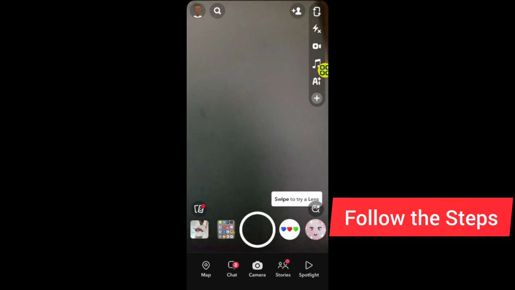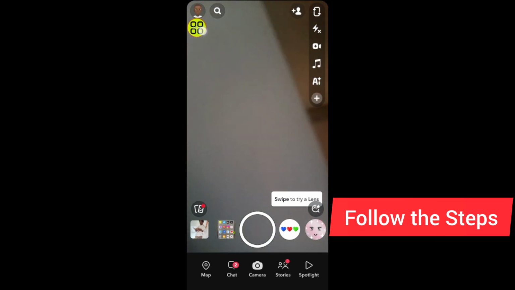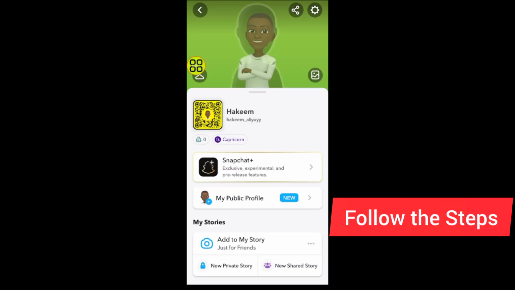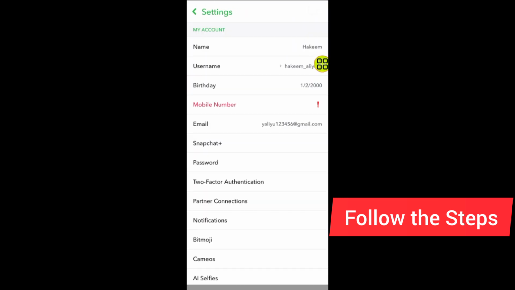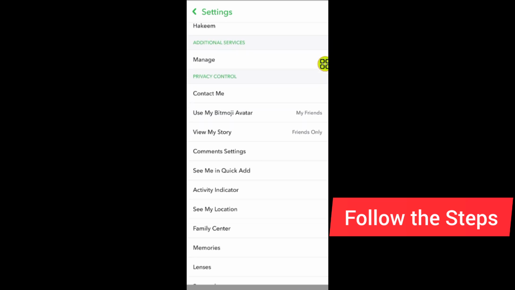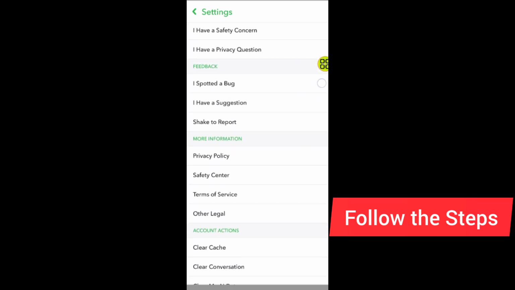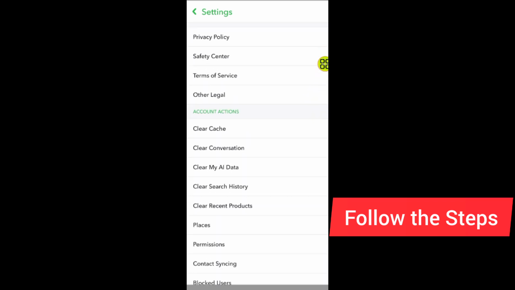After you open your Snapchat, tap on your profile at the top right side. After you come to your profile, tap on settings at the top right side. Under the settings, scroll all the way down. As you can see, under this account action,